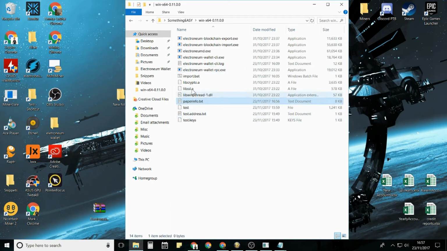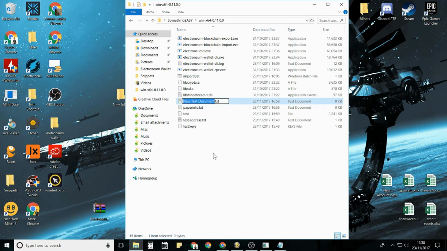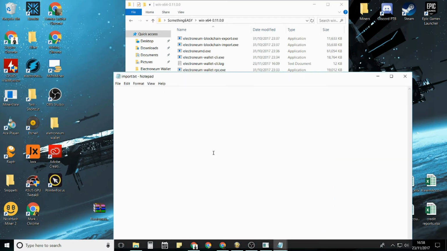So now secondly, we need to make a bat file that's going to start up the CLI wallet, but this time it's going to add a couple of parameters which will allow you to import your wallet. So if you again create a new text file, and this time we're going to call it whatever, but I'm going to call it import, and open that up. In here you want to type in electroneum-wallet-cli.exe space